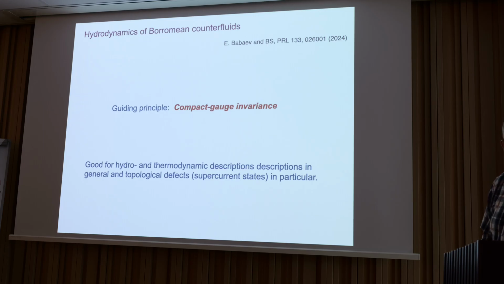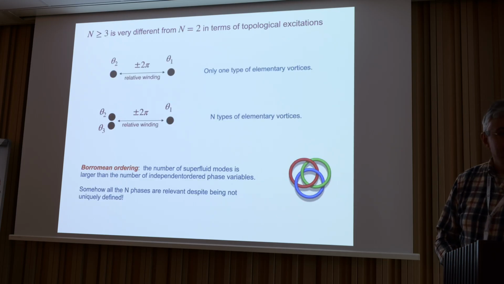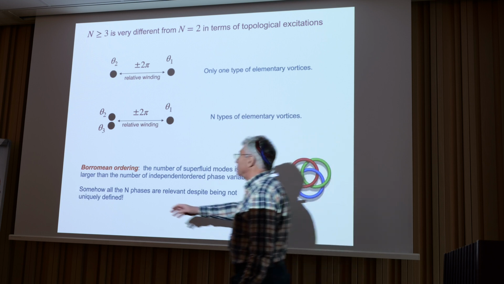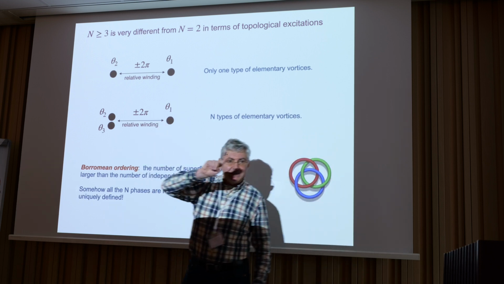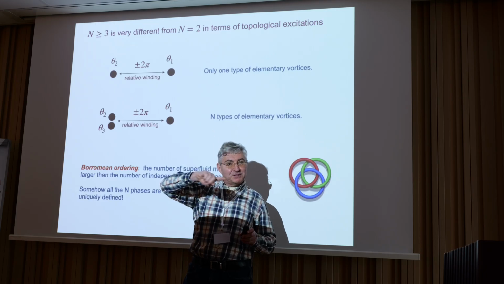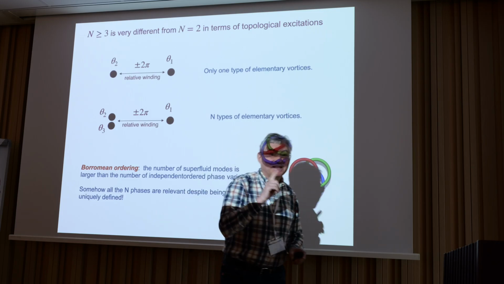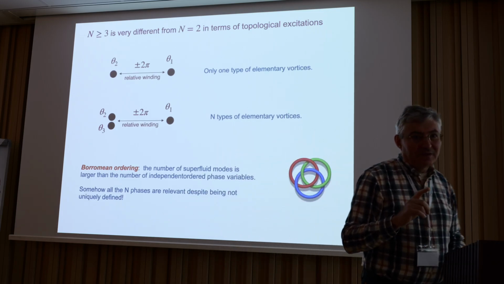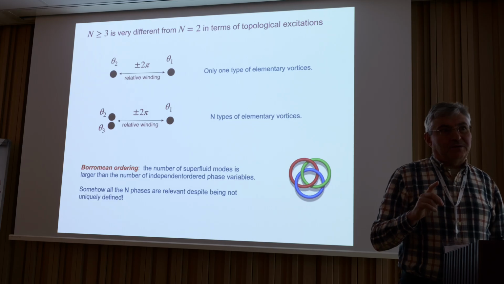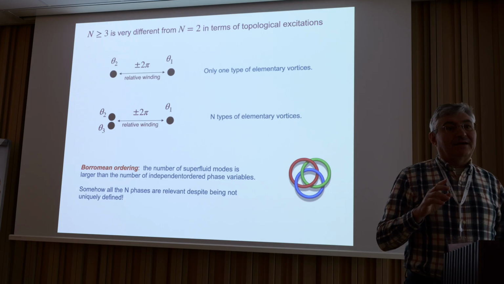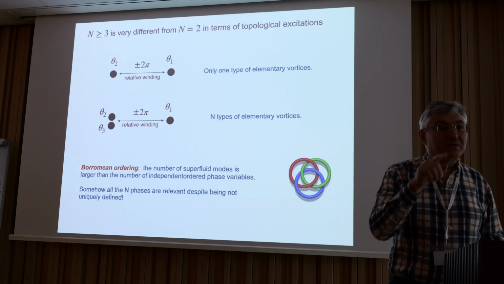Boris, please. Did I understand correctly? You said that when you have three components, then you have three relative phases. No, there are many relative phases, but only 3 elementary vortices. Because all elementary vortices have the following structure. Just one relative phase does 2 pi with respect to the rest. And the rest do nothing with respect to each other. But you have three components, so just two meaningful relative phases. Three relative phases are not all independent, so only two are independent. Yeah, they are not independent, and we are coming to that.